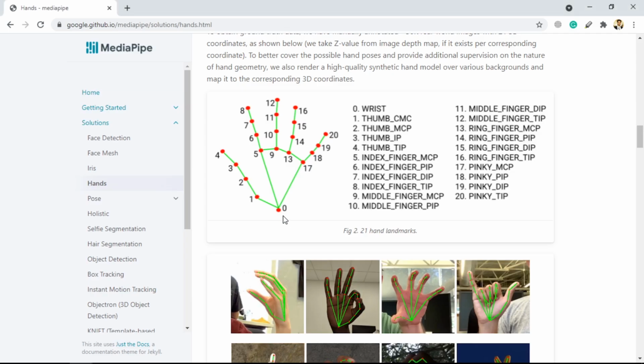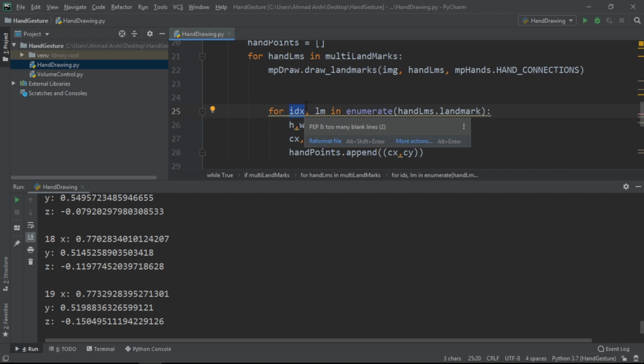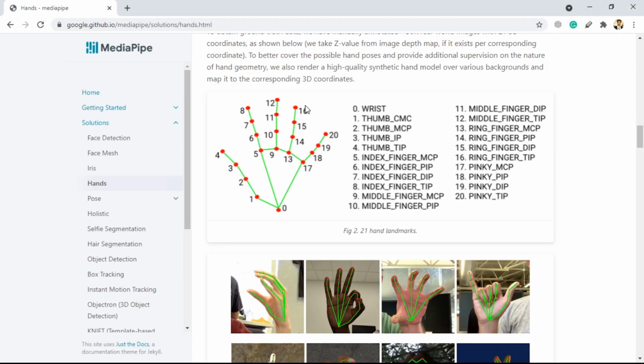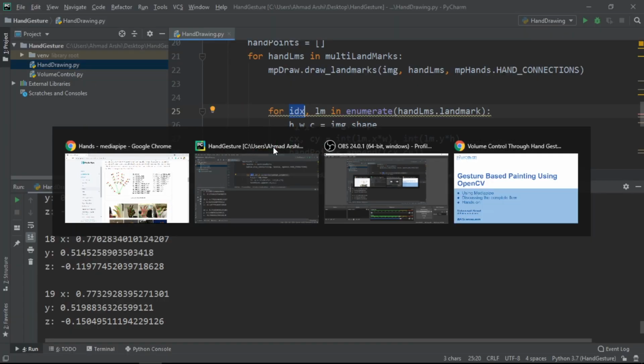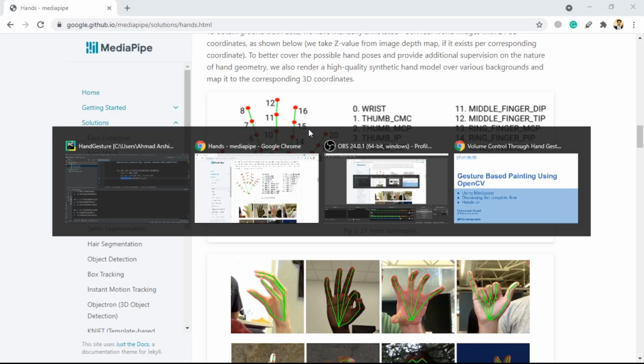So for this hand, it will show us that for the 0th we have these landmarks, for the first we have these landmarks, for the second point we have these landmarks, and it goes on and on. After getting this, we just have to save all these points inside the array, inside the list, so that we can access it.